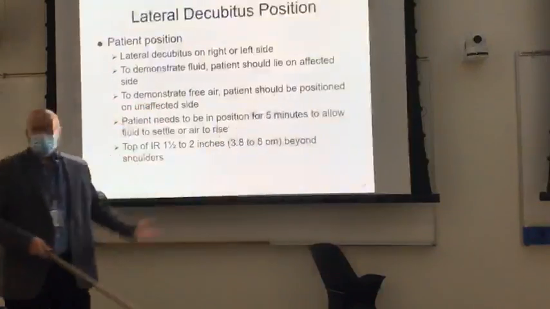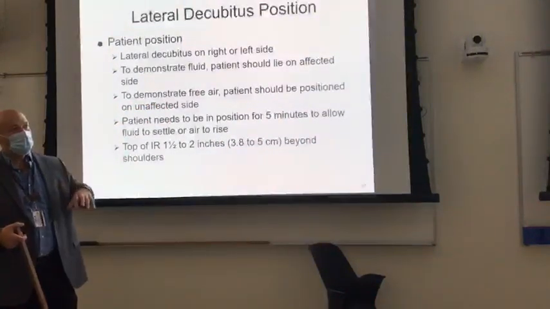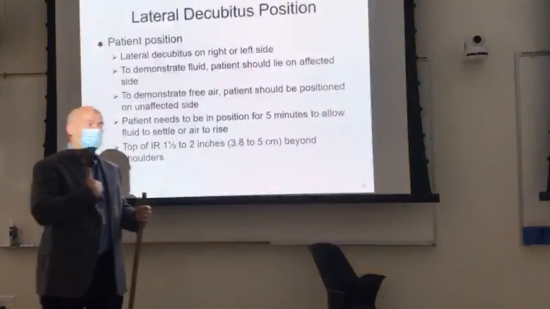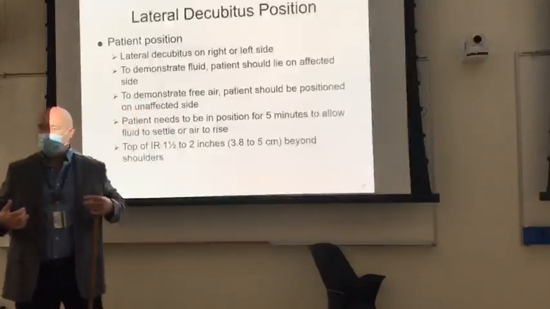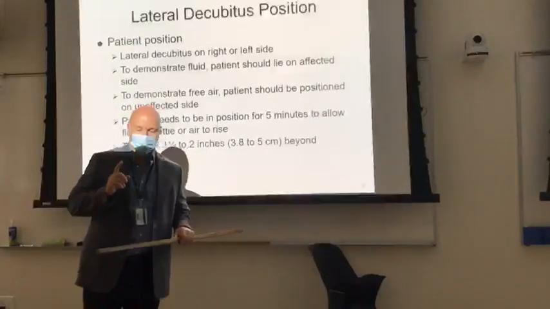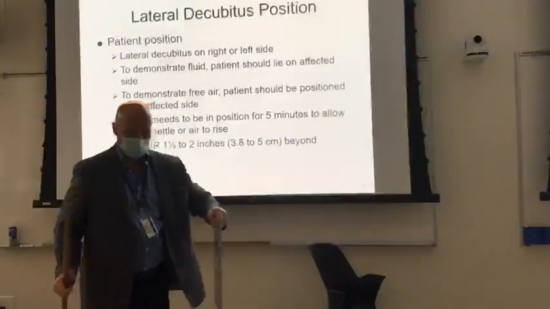All right, so everything else applies to the decubitus as it did for the normal AP and PA chest. Central ray should be at T7. What you want to make sure that you get is this side closest to the image receptor. Now here's the hard part about this. We've got, let's say,